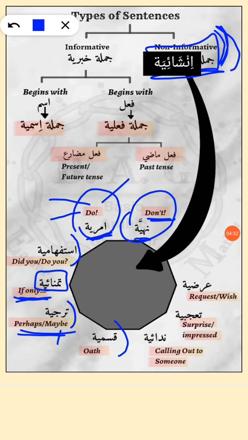Everybody knows this. An oath. Then next we have nidaya. We have already done this thing